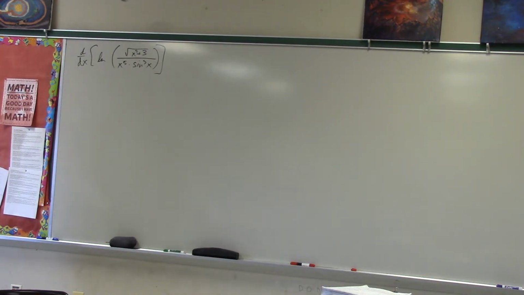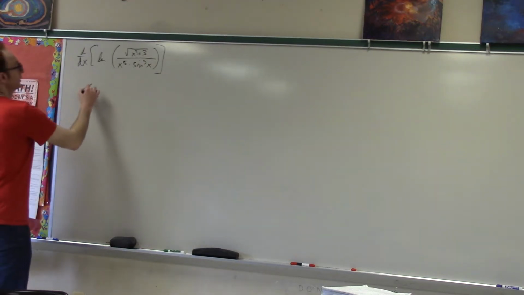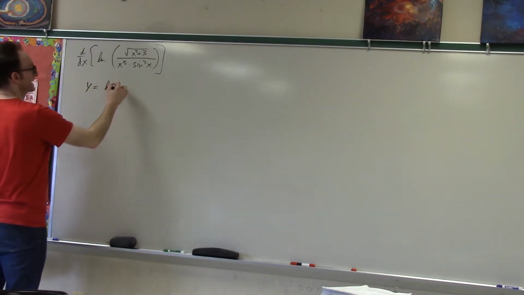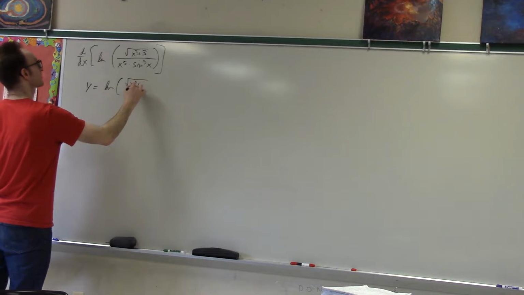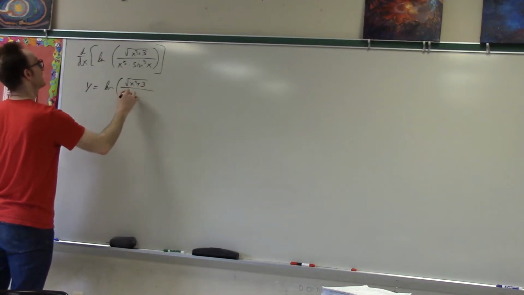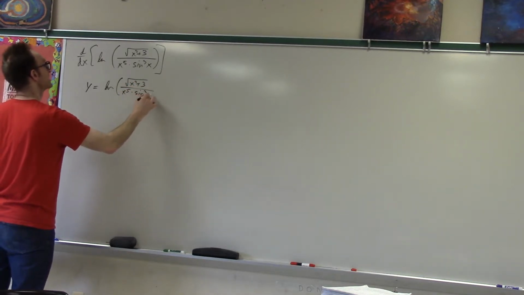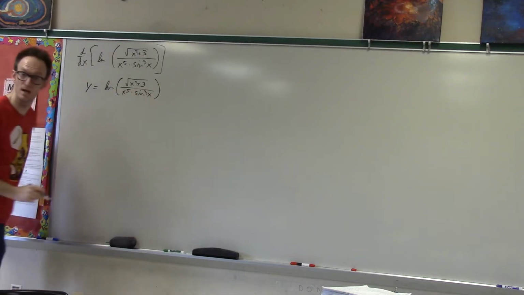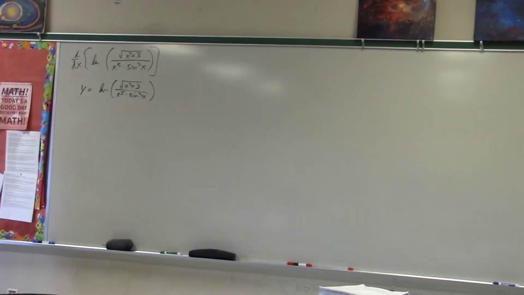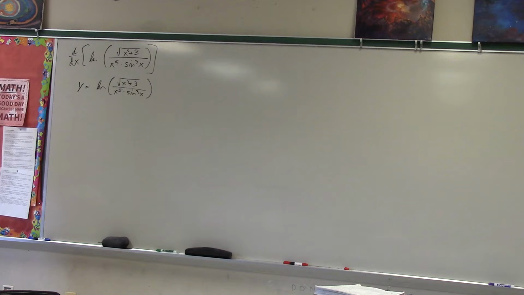how that looked really hard, but in fact wasn't that hard, because if you write this as y equals ln of the square root of (x squared plus 3) over (x to the 5th times sine cubed x), then you can use a bunch of log rules to break this up into little pieces, yeah? Okay. And so, all right,